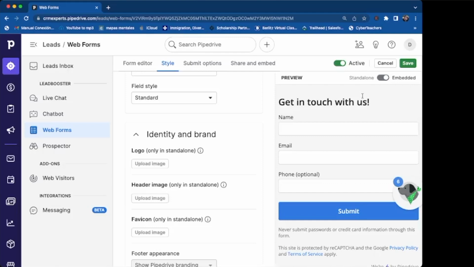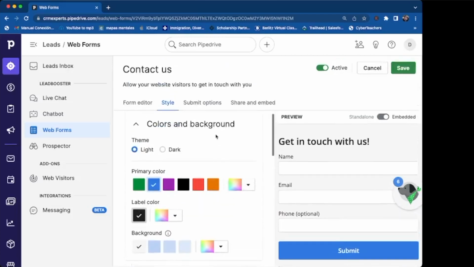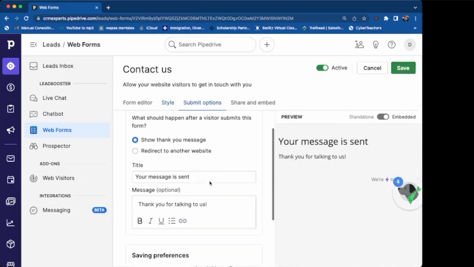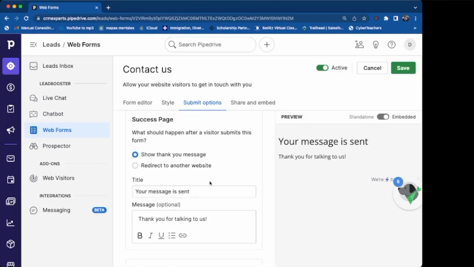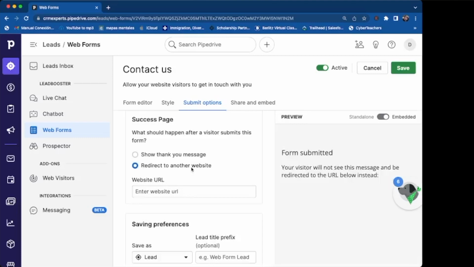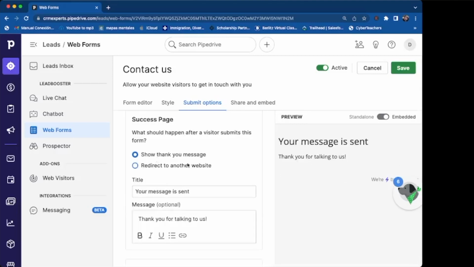Is going to give us a nice square that will just fit in. The next thing is submit options. It gives you the option of show a thank you message, which is customizable, or then it will give you an option to redirect to another website. In this case, a show thank message will do for me